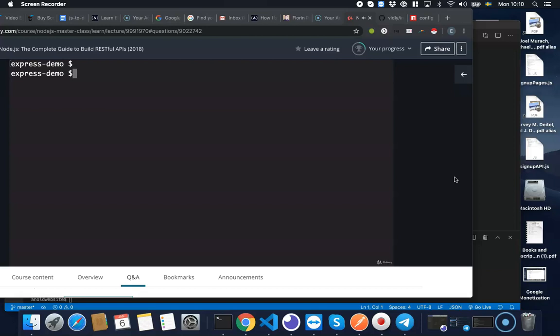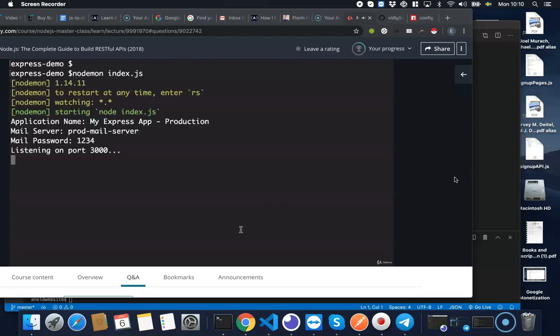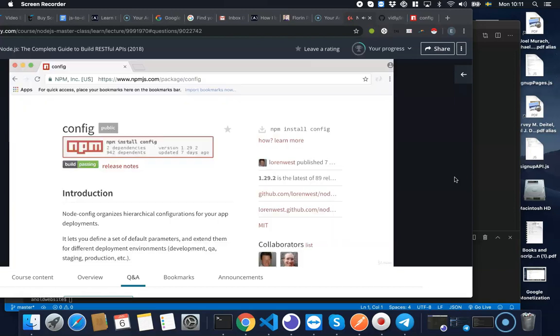Now, back in terminal, let's run the application. Okay, look, our mail password is 1234, and this was read from an environment variable, not a configuration file. Again, this config package has a lot of useful features, and I leave it up to you